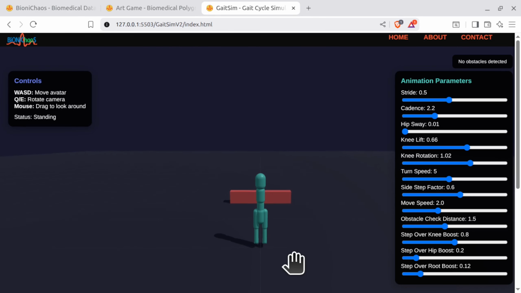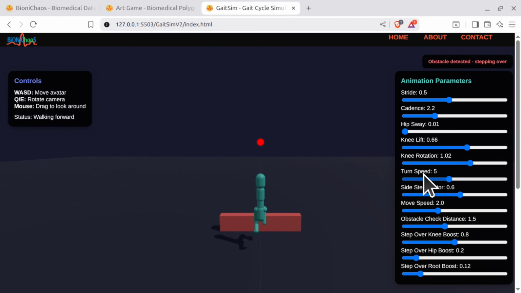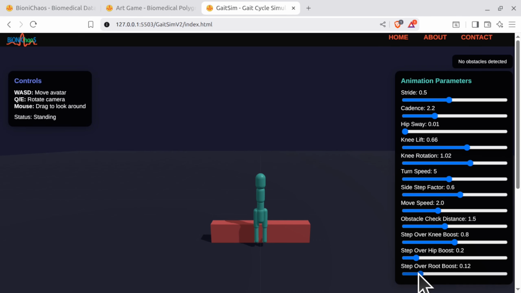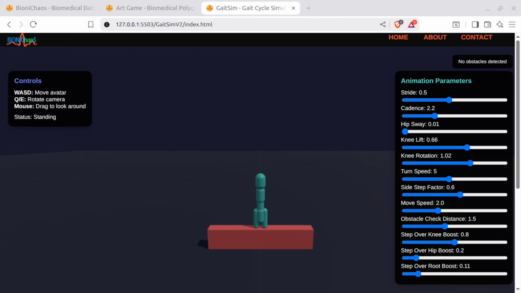So currently, with the current step-over root boost, we are not able to cross the obstacle. Now we are only able to seemingly cross it with a boost of 0.5. But then the avatar is getting stuck. Wait, after crossing, the avatar is getting stuck inside the obstacle. Here's what's happening in your current code. The avatar can only cross the obstacle if its vertical root boost, current root boost, is high enough, specifically greater than 70% of the obstacle's height. When the boost is set very high, e.g., 0.5, the avatar can clear the obstacle, but after